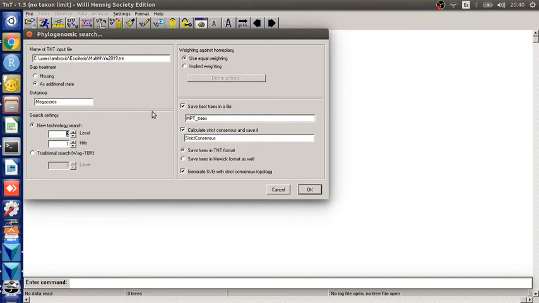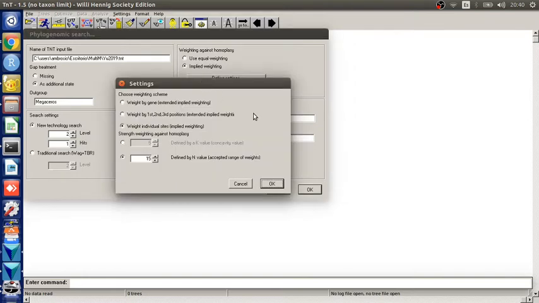Now the user should define the weighting scheme against homoplastic characters. Here it is possible to use equal weights for all characters or to use an implied weighting approach. If we choose implied weighting, we can also modify the weighting settings by clicking Define Settings. Then, an additional dialog box is opened. Here we can choose a weighting scheme among three options. The first is weighting by genes,